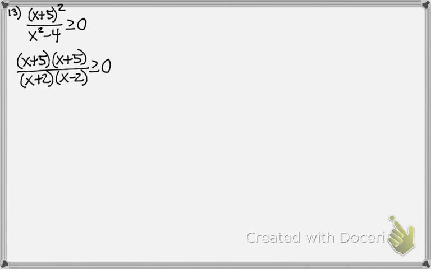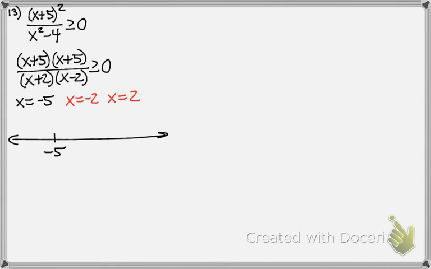So my cutoff points are going to be x is equal to -5 coming from the top. That's where it's equal to 0. And the bottom, x is going to be equal to -2 and x is equal to +2. And the reason why I'm writing those in red is because they are cutoff points where this is undefined. So they're treated a little bit differently. So my cutoff points would be -5